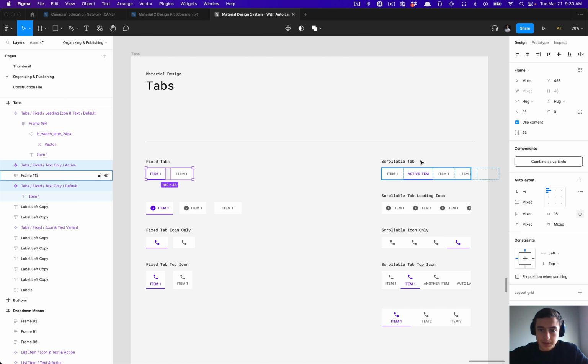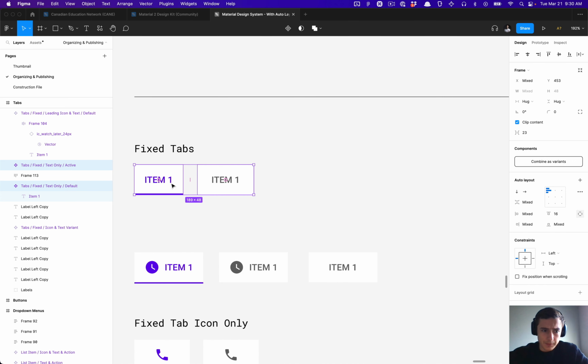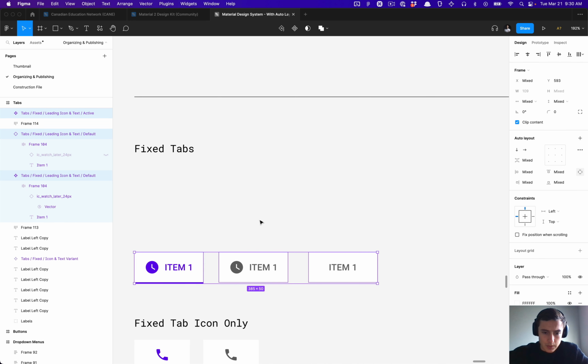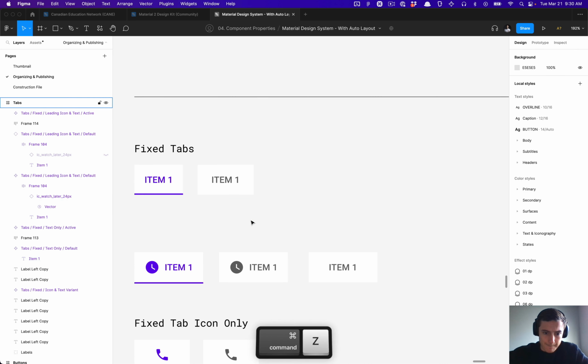So we'll have to go in and replace some of these components. But for now, instead of having this text only variant, we'll just update the taxonomy of this as well and ensure that it says, let's see here, let me go